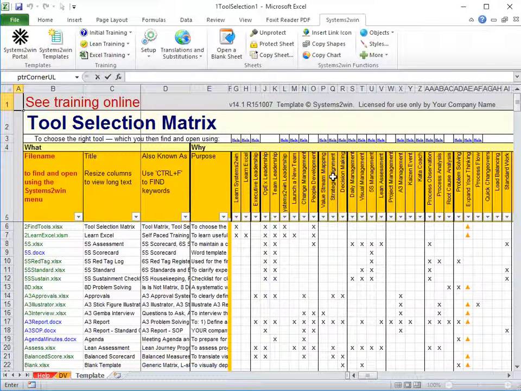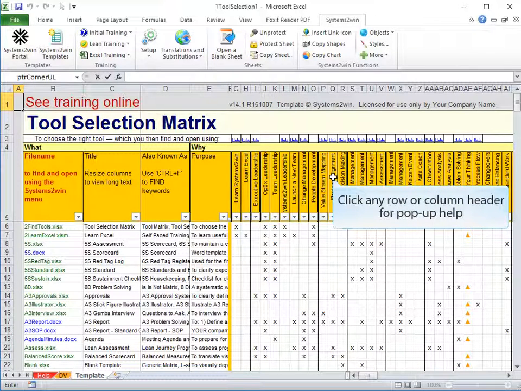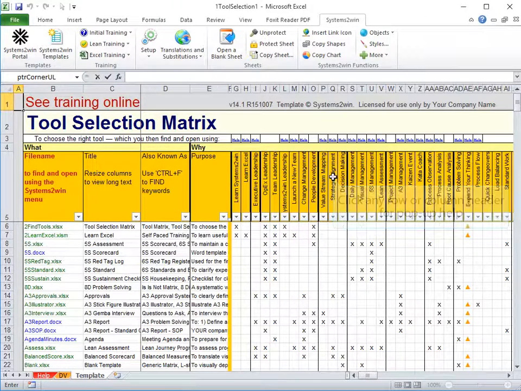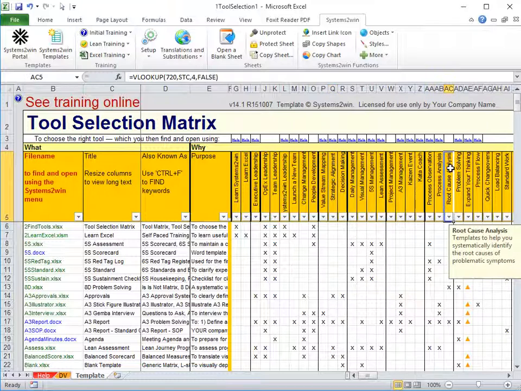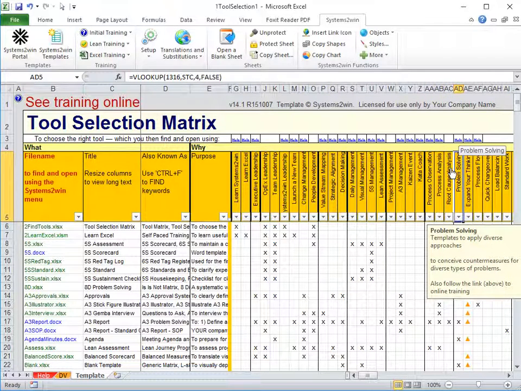But this is a good place to point out that on every Systems to Win template, when you click any row or column header, you're going to get pop-up help. So what do we mean by strategic alignment? What's root cause analysis? What do we mean by problem solving?